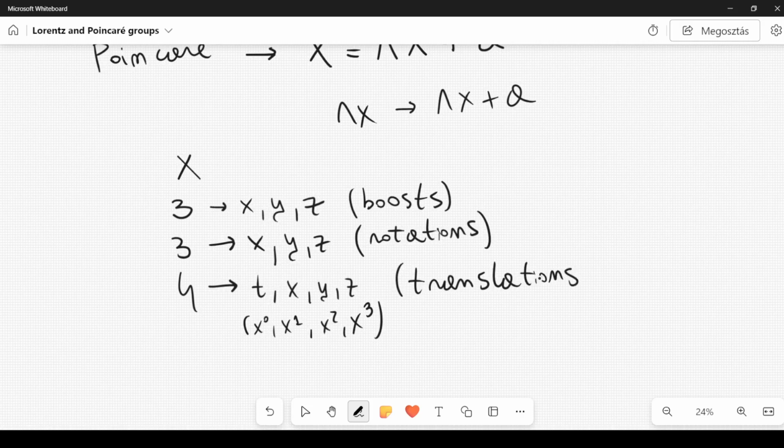And if you count them, you have 10 parameters which describe our group. Our group is characterized by these parameters and is known as the Poincaré group. It is important to consider transformations with respect to the Poincaré group or also the Lorentz group. In general, the Poincaré group contains the Lorentz group, so we can talk about the Poincaré group.